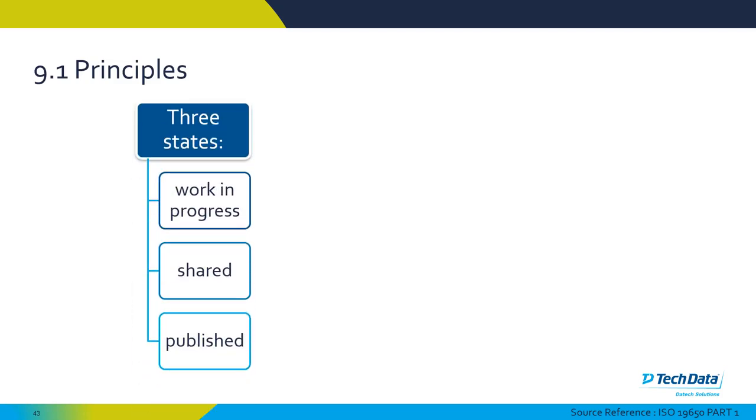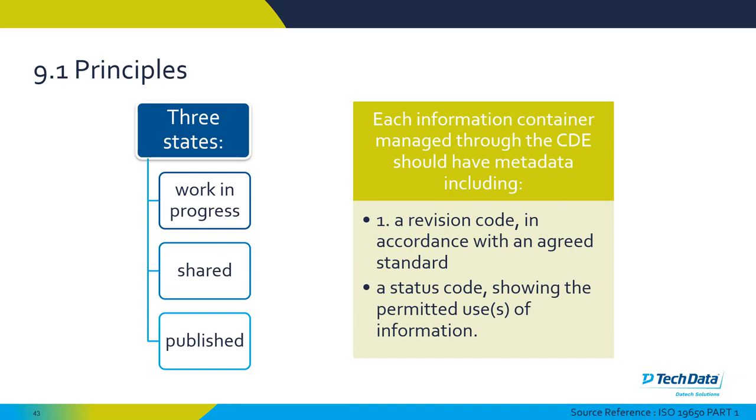Some of the principles within a common data environment: you're going to have three states known as work in progress, shared, and published, and these can be separate folders, or it can also be metadata as well. I prefer a folder structure. It works quite well with BIM 360, and then each information or file or document managed through that common data